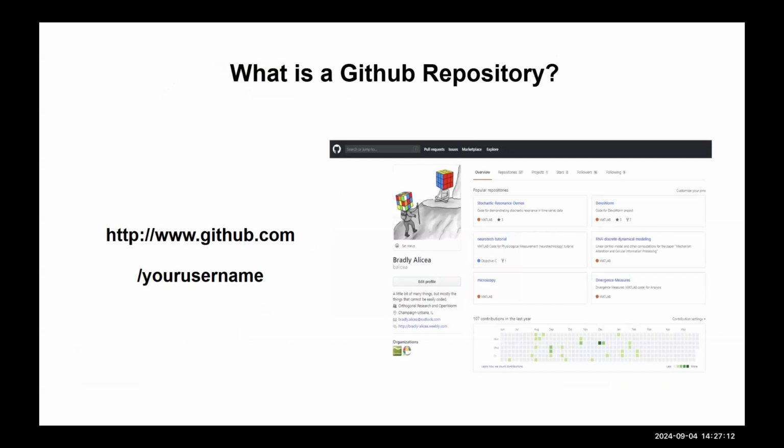If you haven't set up a GitHub account, do so. If you already have, I'm sure you're aware that basically you go to the site, you register with your email, you get an account, and the account is structured as www.github.com, and then there's a user. That username is your account. That's your set of repositories. So now you have this place where you can fork things.